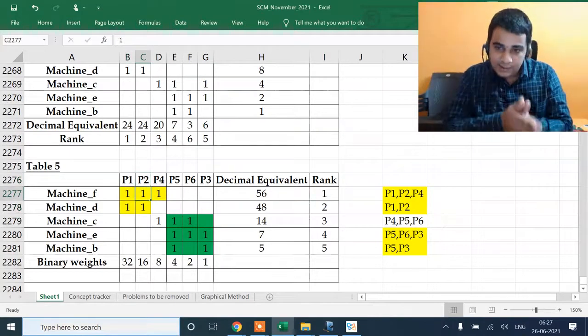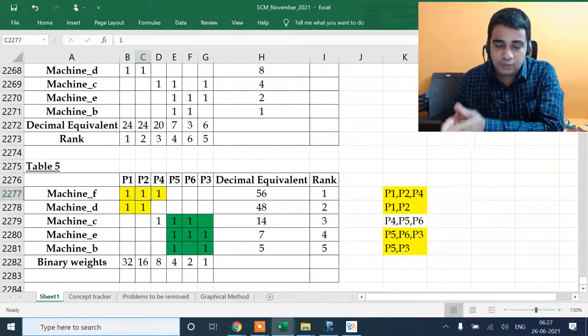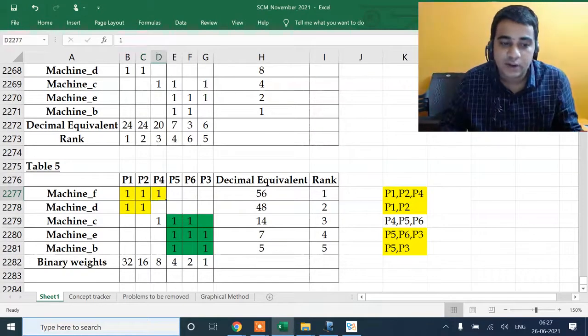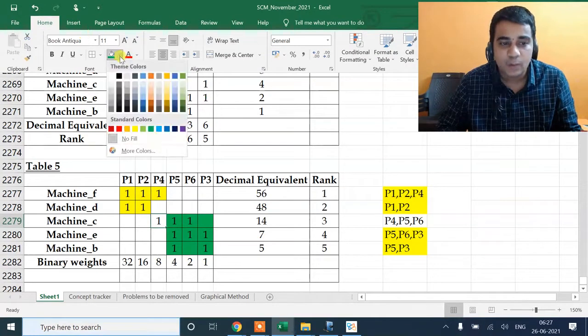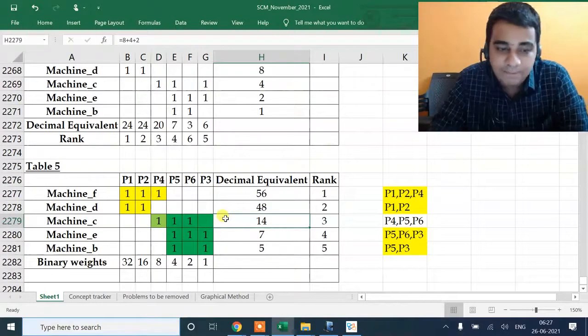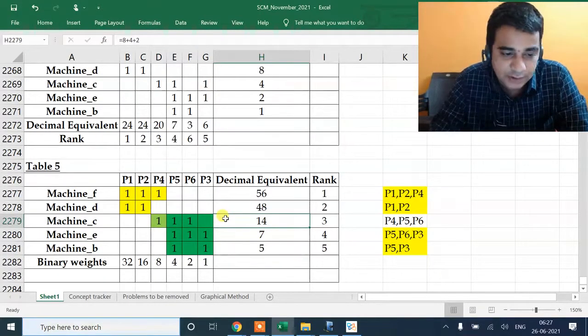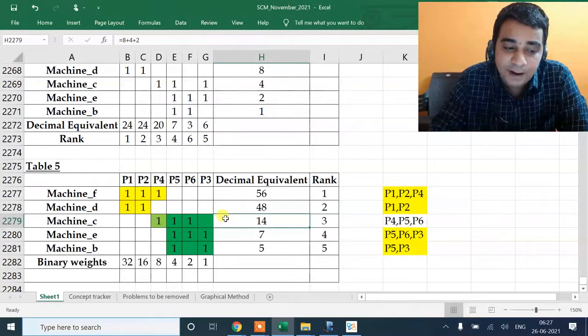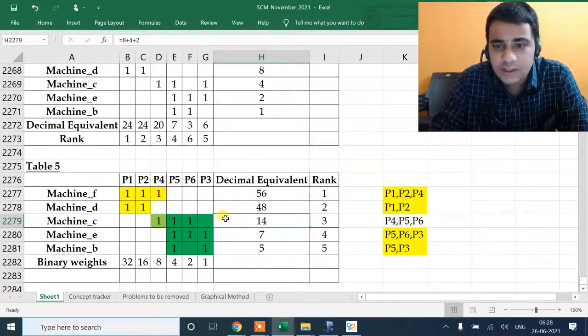P4 starts in cell 1, moves to cell 2, completes processing and then comes out. This is called intercell movement. You will have to do some intercell movement here, from cell 1 to cell 2. Objective is to keep the intercell movements as low as possible, but in this question it's impossible because P4 needs machine C, which is part of cell 2. P4 needs machine C because machine C is also needed for P5 and P6.